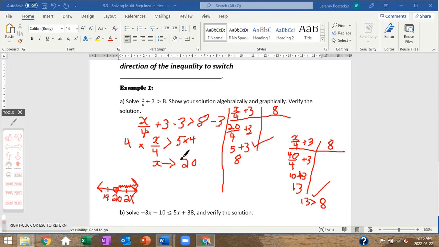I have shown my solution algebraically, I have shown my solution graphically, and I have verified it both at the boundary point, right here, as well as over here. I have shown that indeed the direction of the inequality is right. Lovely. Let's move on to the next